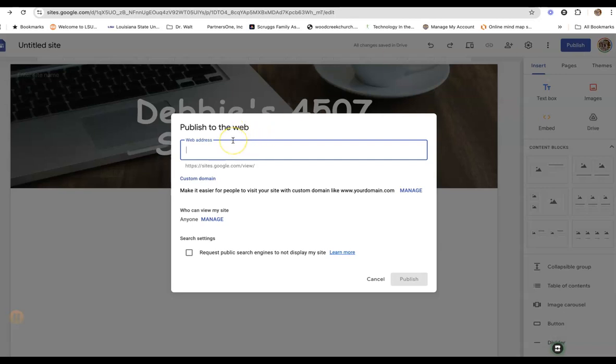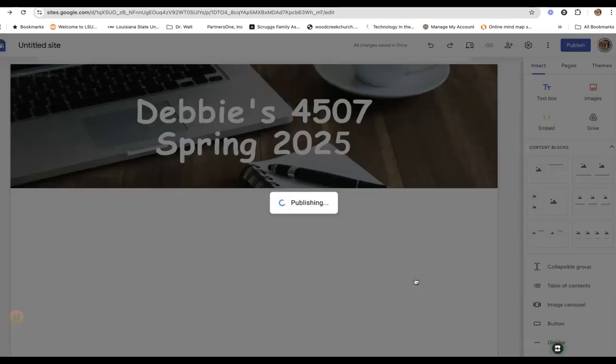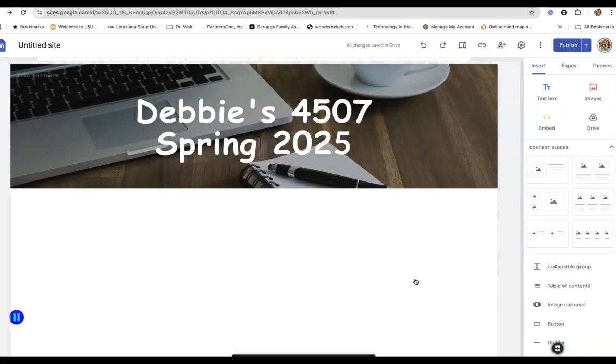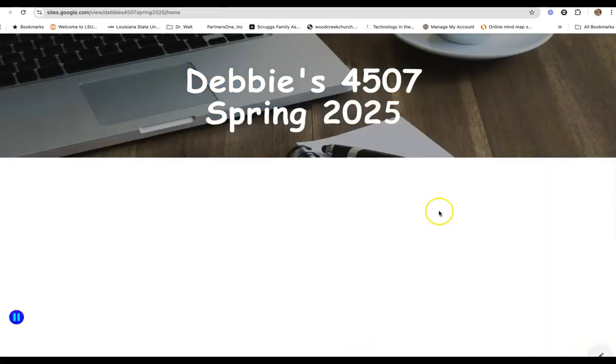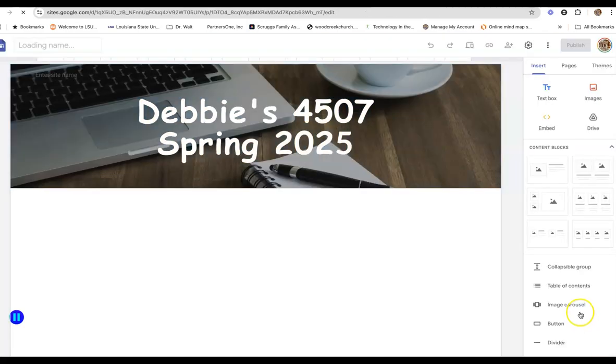Now I have to name the site and it has to be available. So I'm going to type Debbie 4507 Spring 2025, and see, it gives me a little check mark. That means that title is correct, and I hit publish. And to see what it looks like, I click view. All right, then I'm going to go back by going down the far right where it says edit this page,